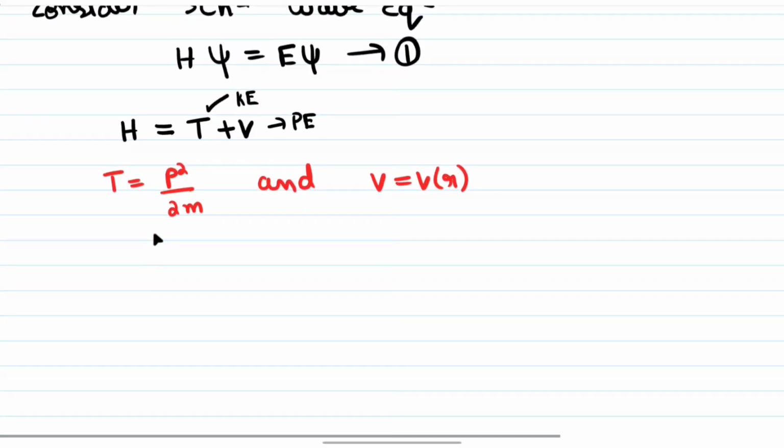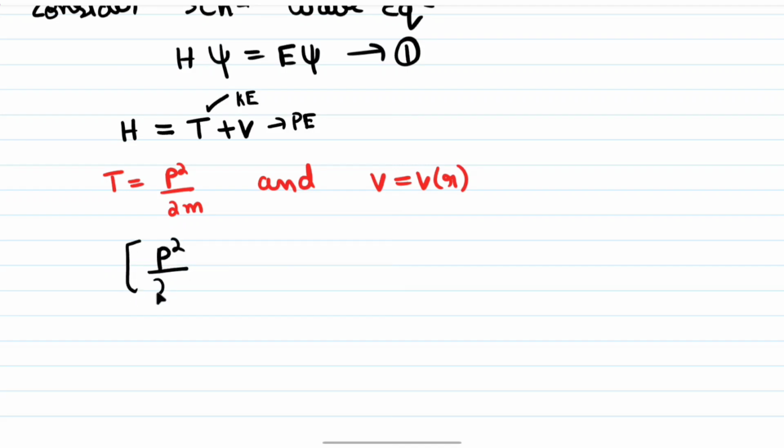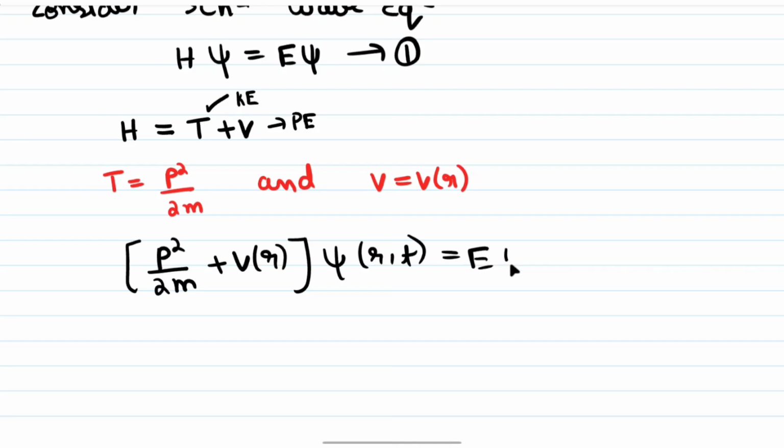If we substitute the potential energy and kinetic energy terms in equation 1, it becomes p square by 2m plus V of r into phi of r comma t